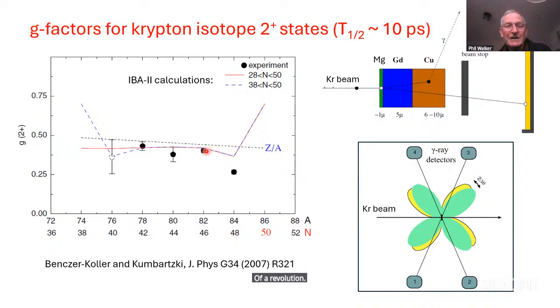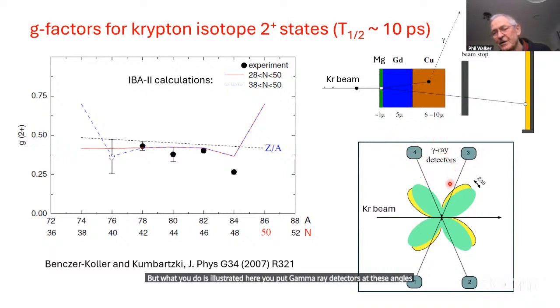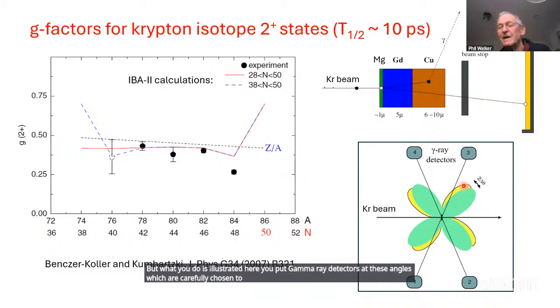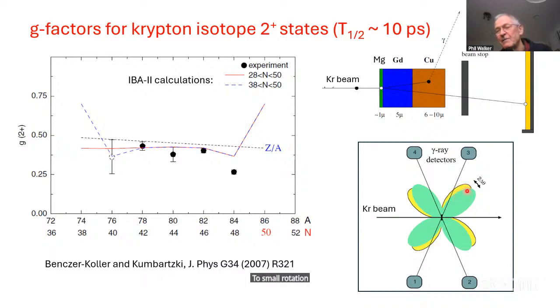So it's quite hard to measure this quantity, but what you do is illustrated here. You put gamma ray detectors at these angles, which are carefully chosen to be the most sensitive to small rotation of the nucleus during this 10 picosecond lifetime